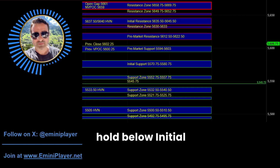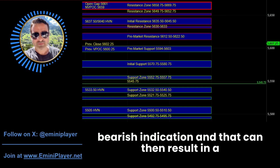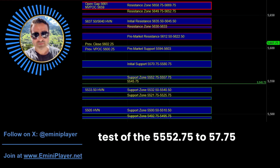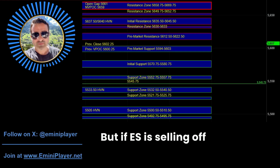and a break and hold below initial support would serve as an intraday bearish indication, and that can then result in a test of the 55.5275 to 57.75 area, where again buyers may be active on first test,